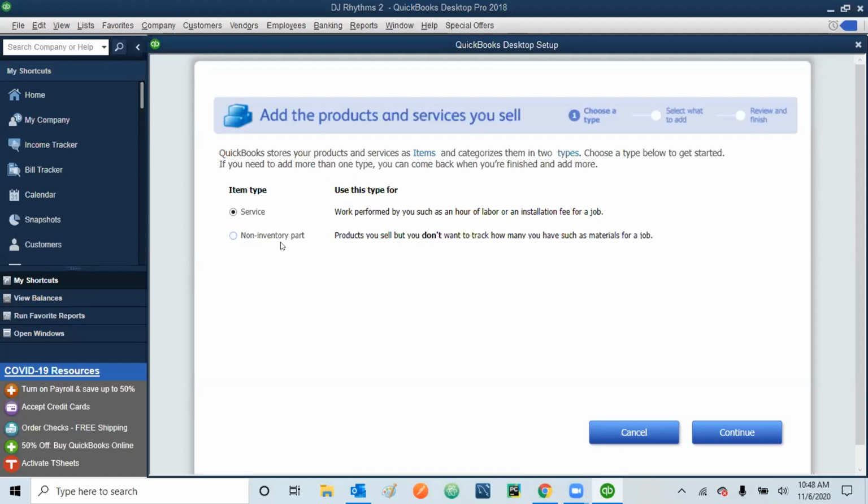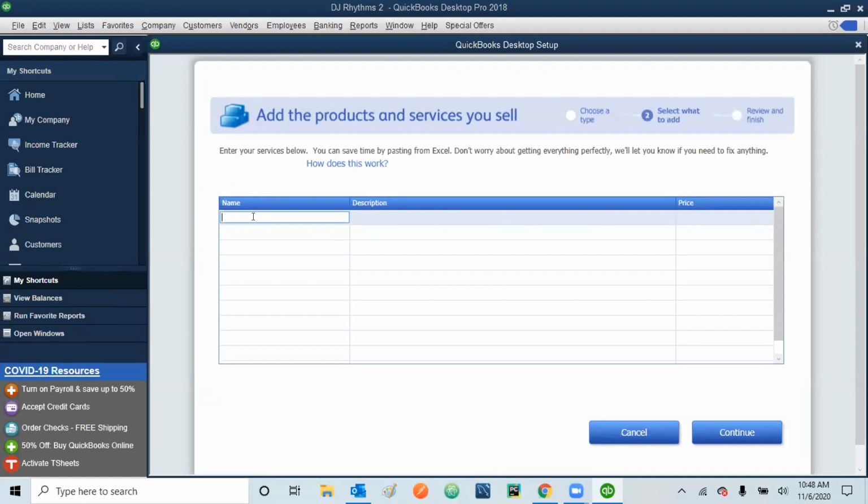So right now we are adding some of the items which are our services offered to the customer. So the first thing is, you have selected service, so we are selecting service and then click continue. And here we are adding the services that we are offering. The first service is 110 corporate base package, right? And the description is